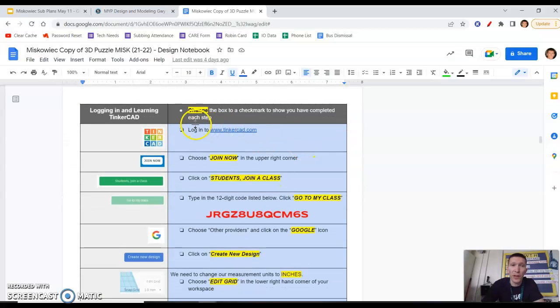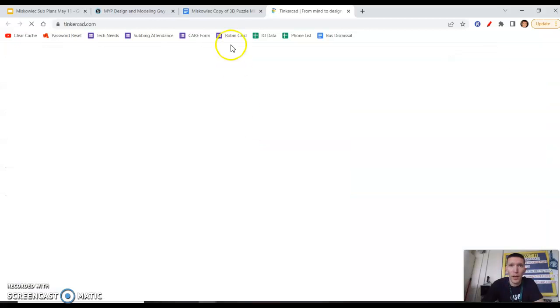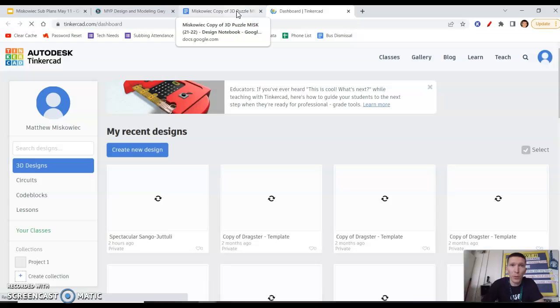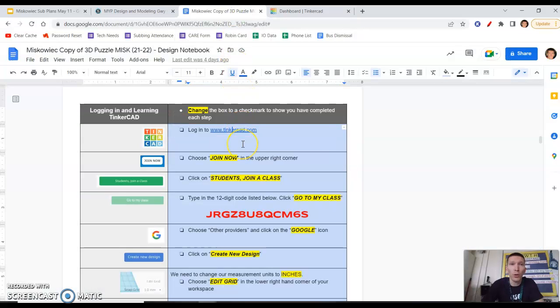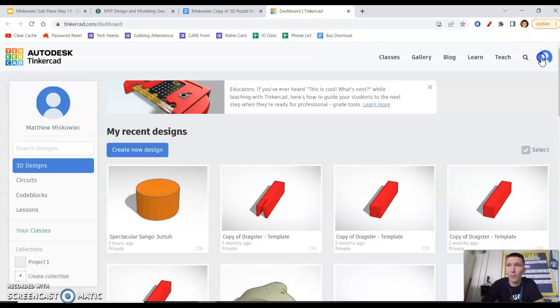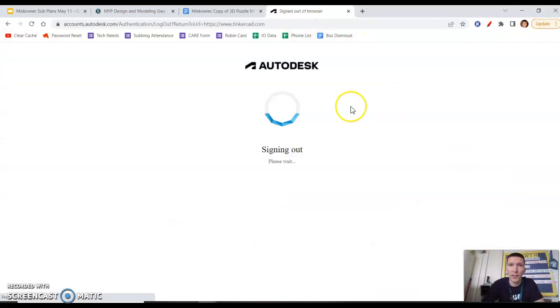Ultimately, though, you're going to just follow along step by step. Don't skip any of them, of what you need to do to sign in. So for example, the first one says, log into Tinkercad. You click on it, and then you're going to be jumping back and forth between this tab and your design notebook quite a bit. The next one says, join now. So you go up here. Oh, mine's already different because I've already signed in. Yours will look like